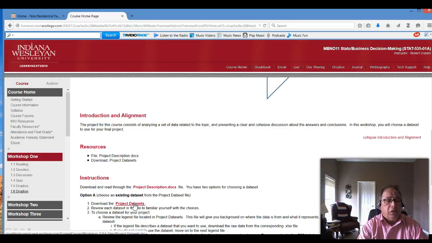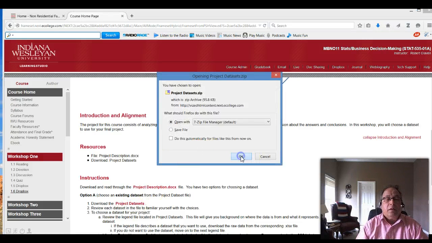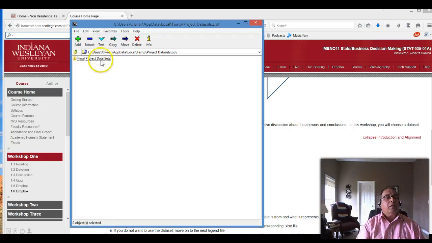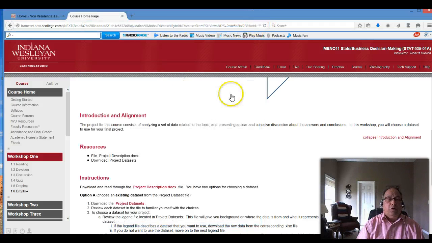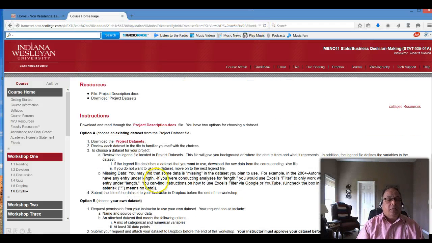If you click on the project data sets, it will take you there. There are 4 data sets. Look over those and see which one you would like to use for your research project. In your first week, you will submit me that information.